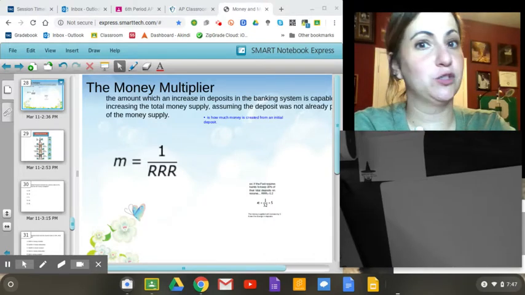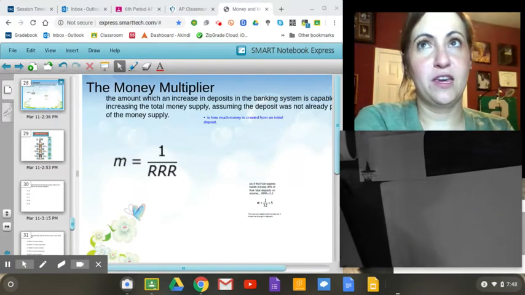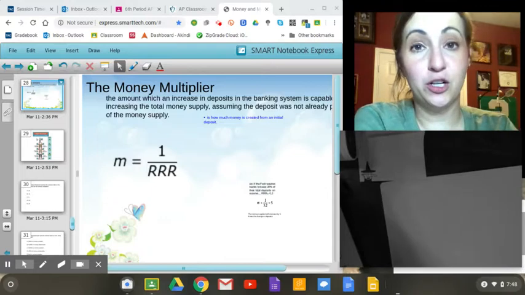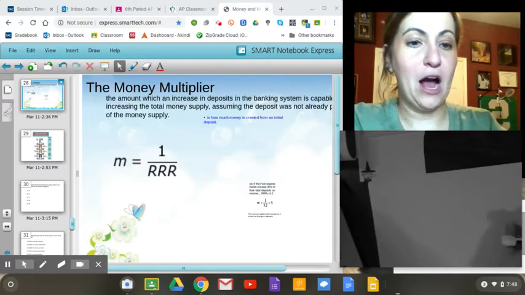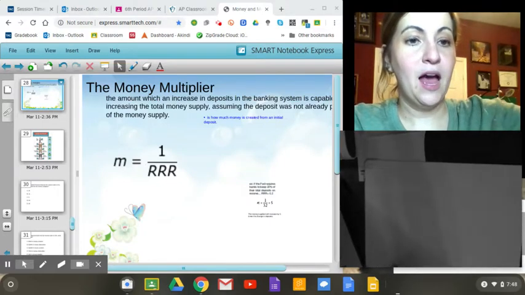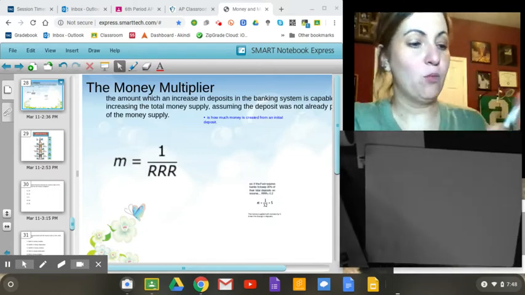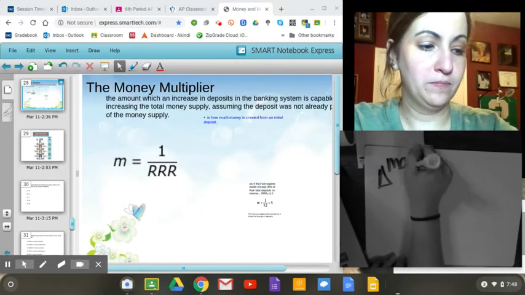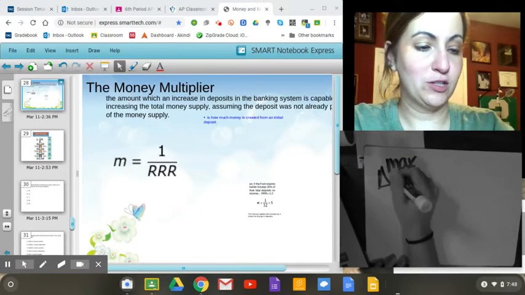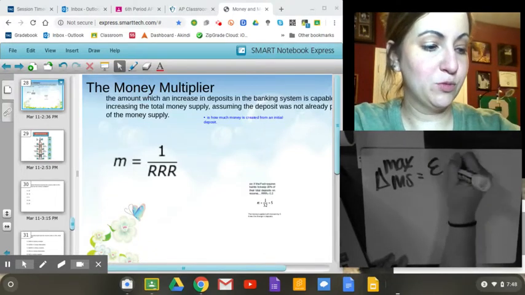A lot of you guys did really, really well on the question that I posed about if you deposit $200 and the required reserve ratio is 10%, how much can the bank loan out, and then how much can money supply change by? Okay, so I want to put that formula that you use. The max change in money supply is that excess reserves